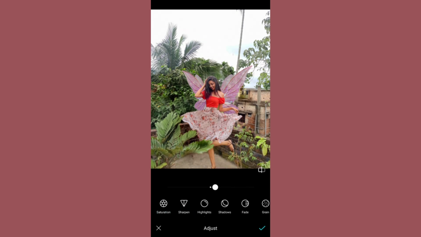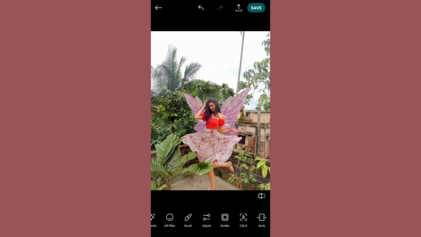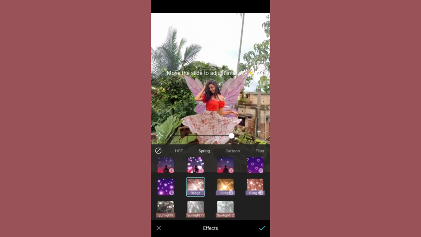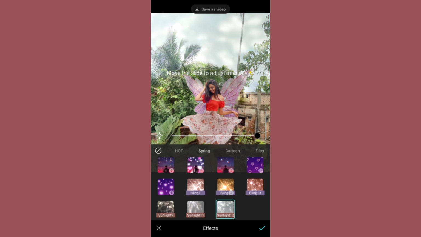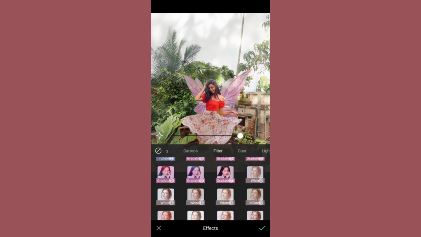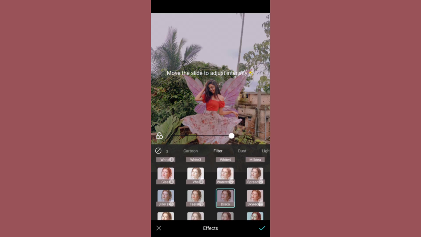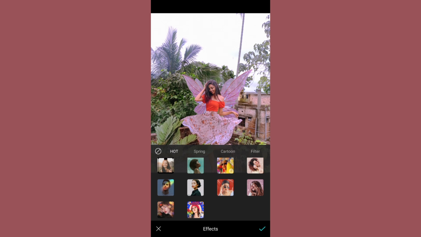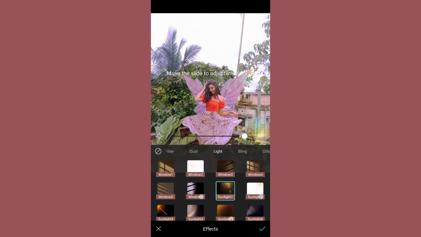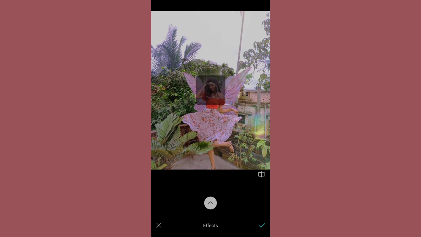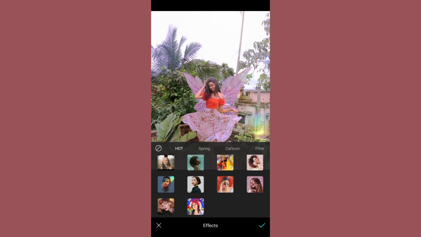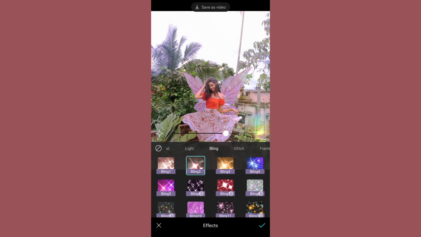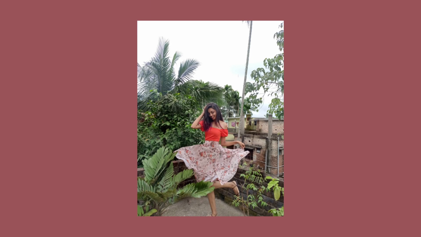So yeah, now go to the effects tab, and here you will find the bling tab. Here are plenty of different kinds of blings that you can add to your picture which are really trending right now. You can add filters from the filter tab too. So I am adding the 90s 2 named filter. These pinkish purplish filters are really trending. Save this, and after that going to the effects tab and going to the light tab and applying this lightly kind of filter. Save it, and lastly I'm adding blinks. You can increase or decrease the amount of the blinks, and yeah, that's the final picture after editing.